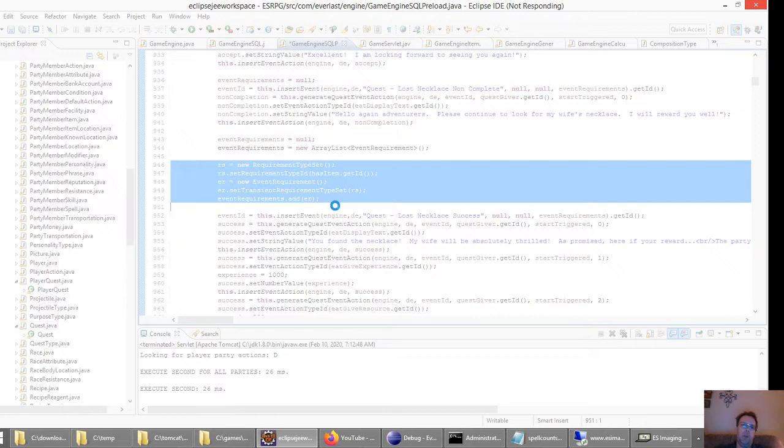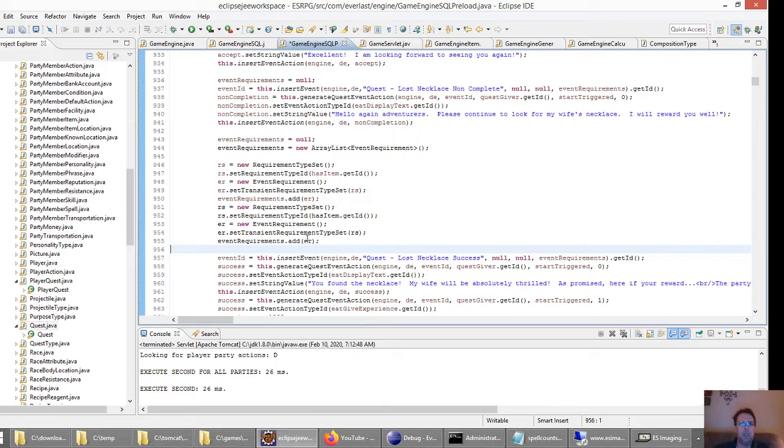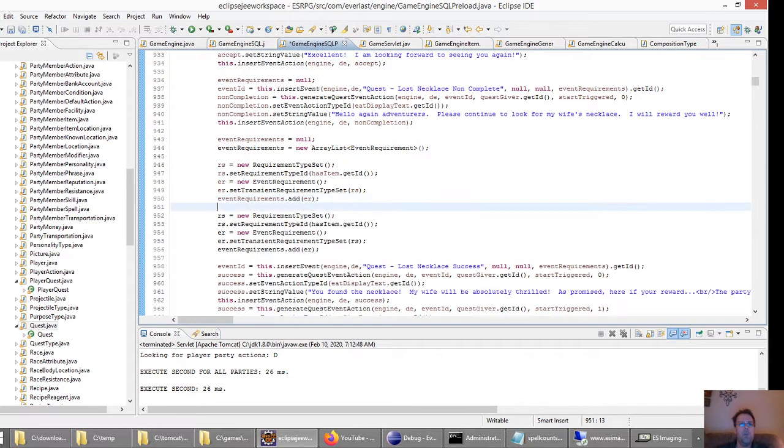Java has a garbage collector. It runs behind the scenes. There's something else going on here too, though. It shouldn't be that slow. I've got to debug that at some point. Okay, so we're also going to do